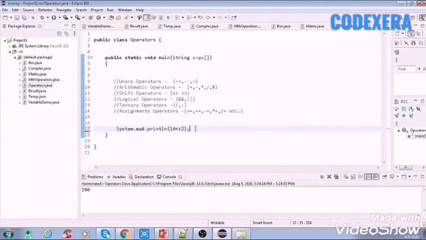So it means that it will be like 10 multiplied by 2 to the power 2. So the left shift sign makes it like this: it will multiply 10 by 2 to the power 2.